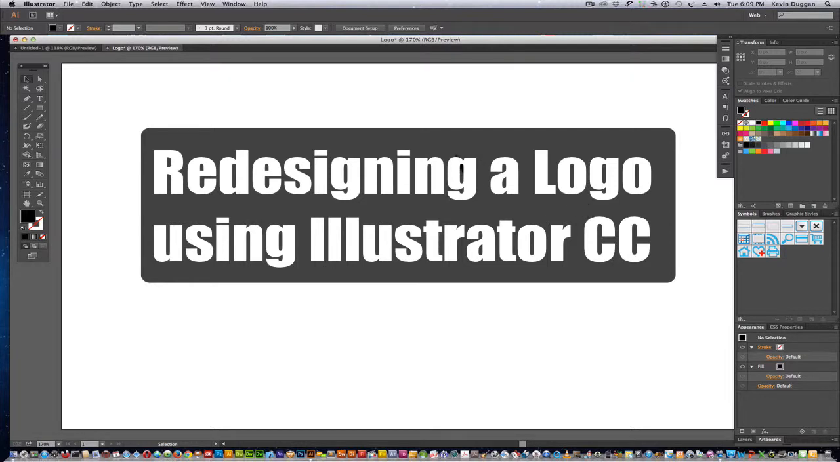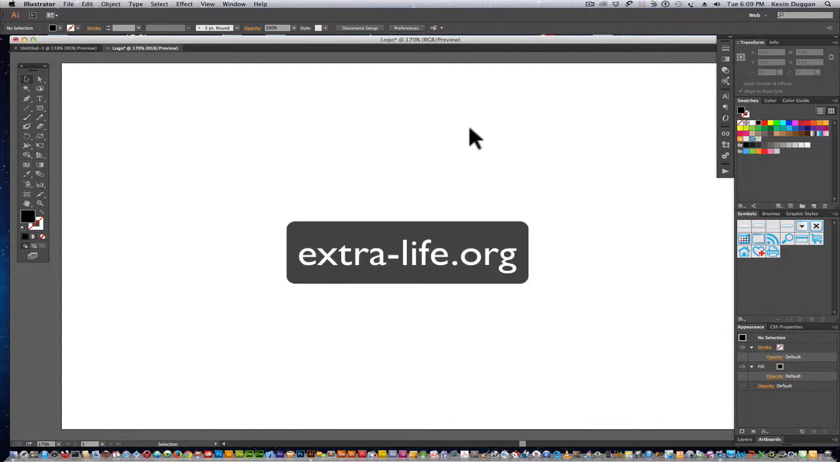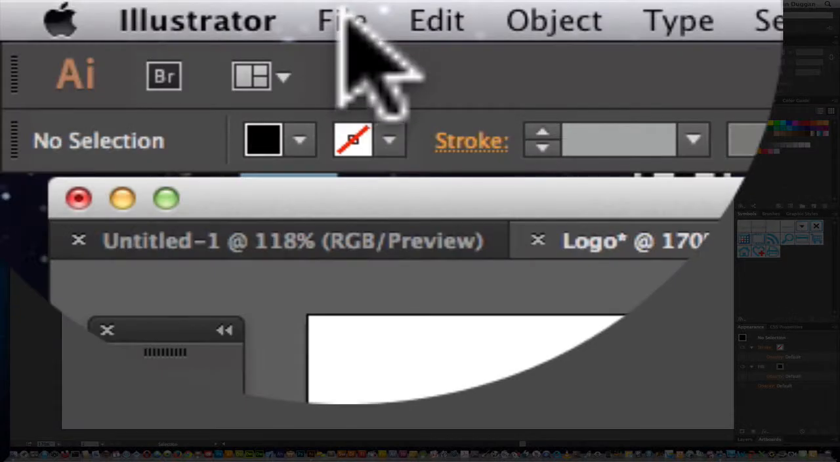Here's a screencast on Adobe Illustrator CC, and it's also going to be on redesigning a logo. The logo I'm going to redesign is from a charitable game player site called extralife.org. So first, to get familiar with Illustrator, which I have open, the first thing we're going to do is